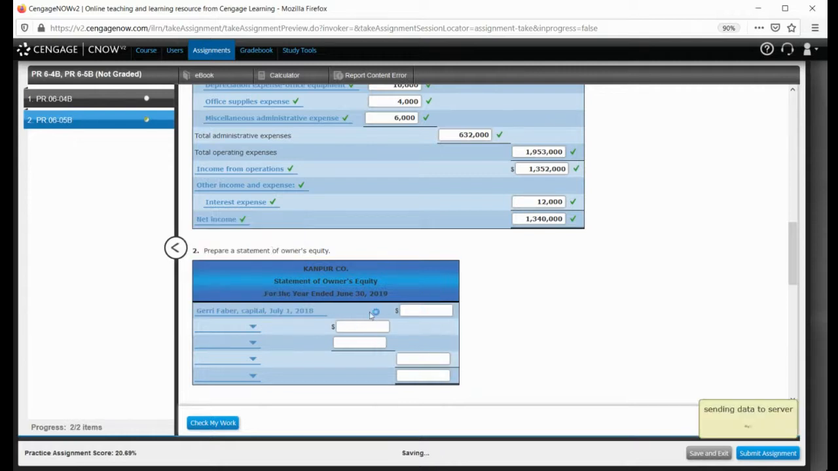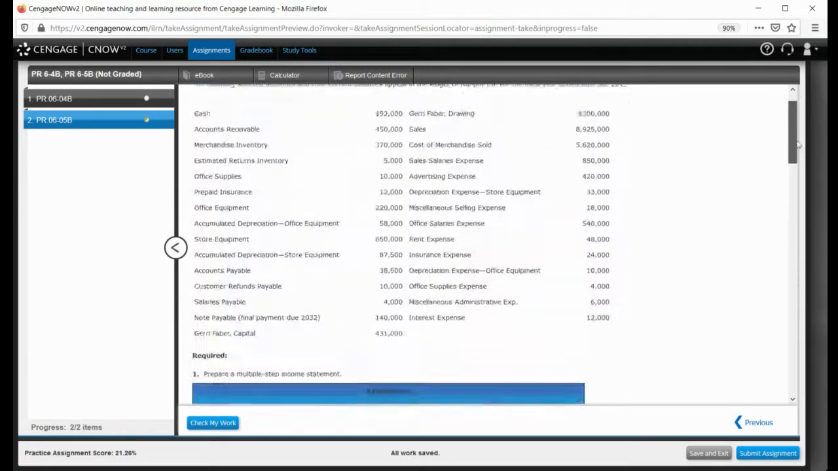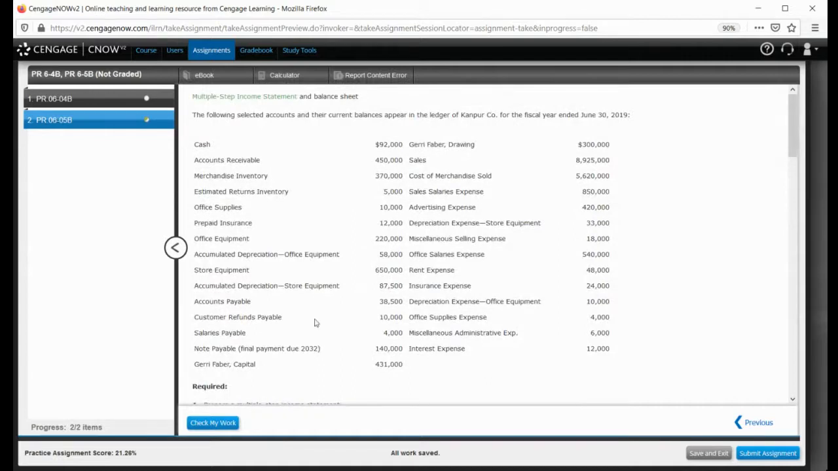In this situation, the year ends on June 30th. So the beginning capital would have been on July 1st of 2018. So that's what you're going to start with, is your beginning capital. And I think your problem fails you a little bit because I really wish they had told you that this Jerry Faber capital is the beginning capital. They didn't do that, and so sometimes students get hung up with this. They don't know what to do with it. So start with this